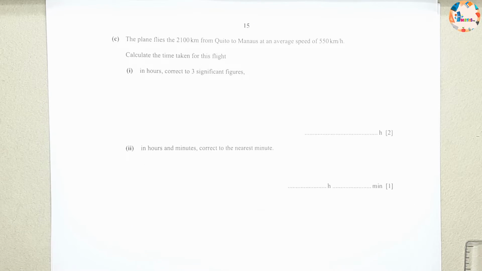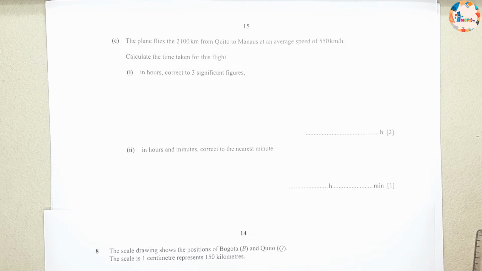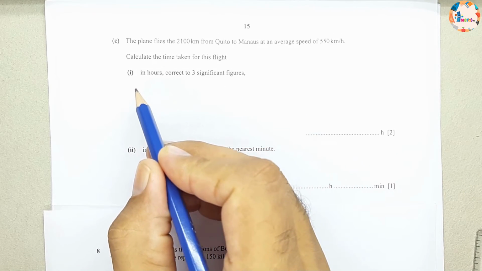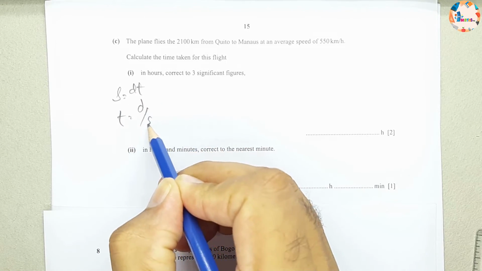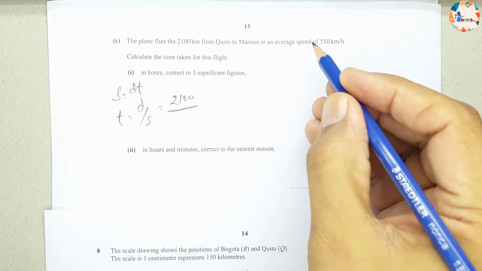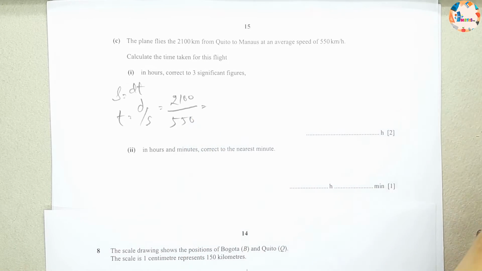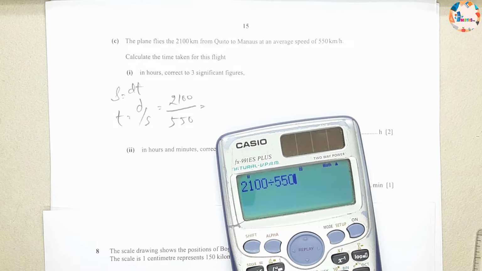This is a 3-mark question. Now C part, the plane flies the 2,100 kilometers from Quito to Manaus at an average speed of 550. So speed is 550, so distance divided by time, how much time is it taking. So speed is equal to distance over time, so time will be equal to distance over speed, which is equal to distance 2100 divided by 550. So this will be equal to 2100 divided by 550 will be equal to